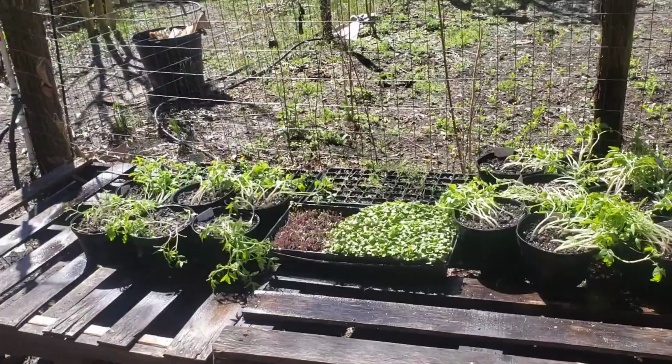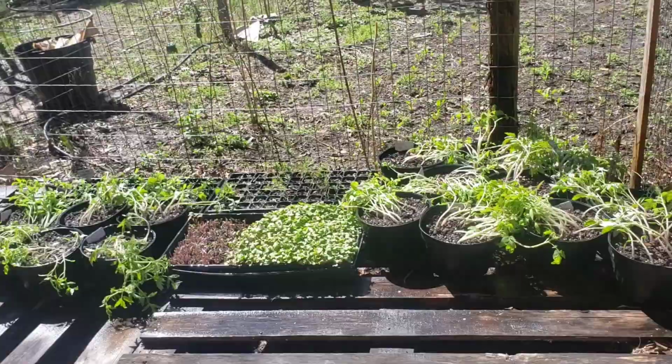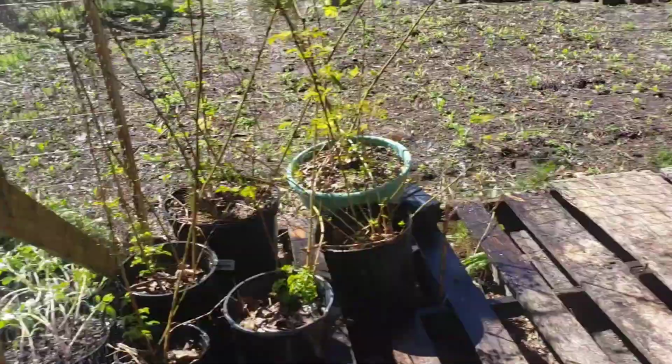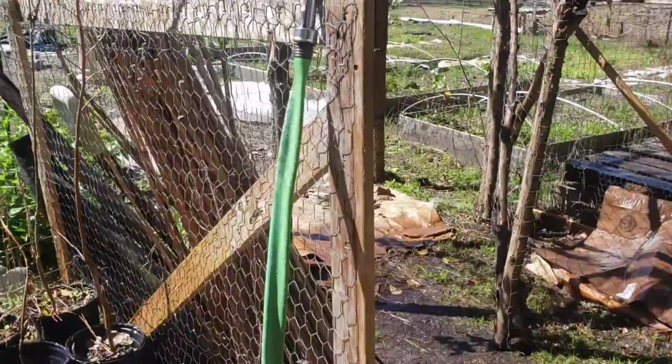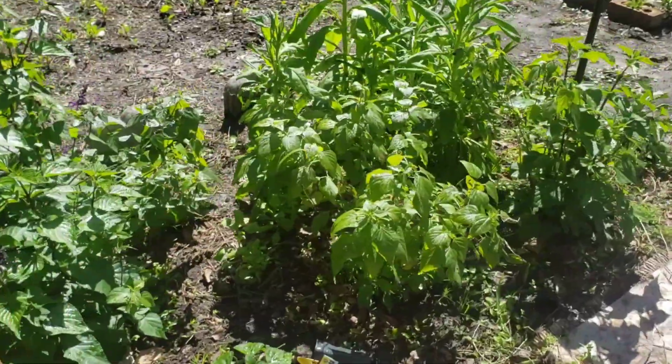I moved all the tomatoes outside. They were standing up. I just watered them because it's super hot. But I moved all the tomatoes outside. I am getting ready to transplant some stuff in the garden this afternoon. Still super hot, but